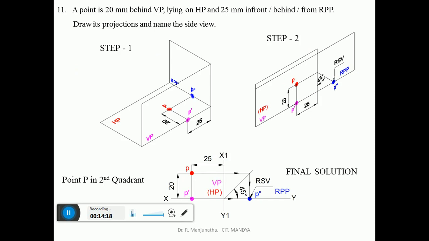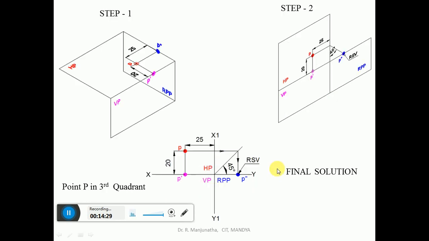When you see both the sketches of the second quadrant and the third quadrant, the sketch will remain the same except for VP, HP and the profile plane. So in such type of problems, you can draw either the second quadrant sketch or the third quadrant sketch. But you can say that a point capital P lies in the second as well as the third quadrant. So this will be the final solution.